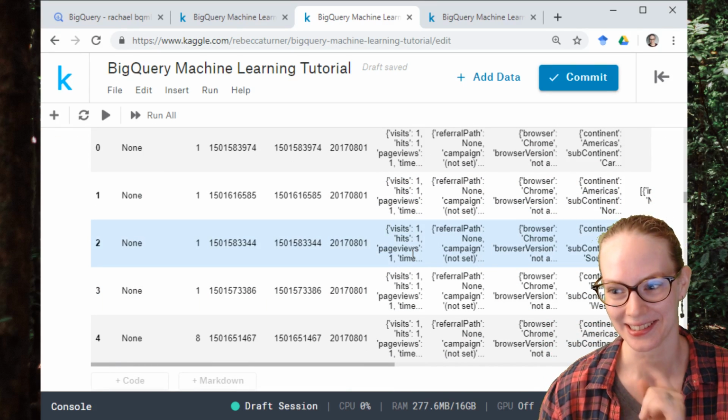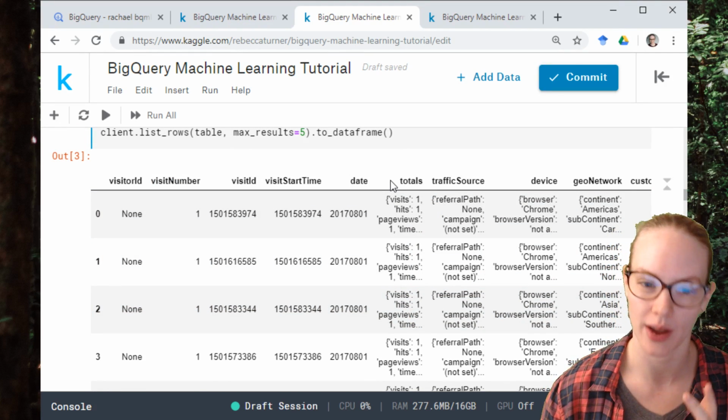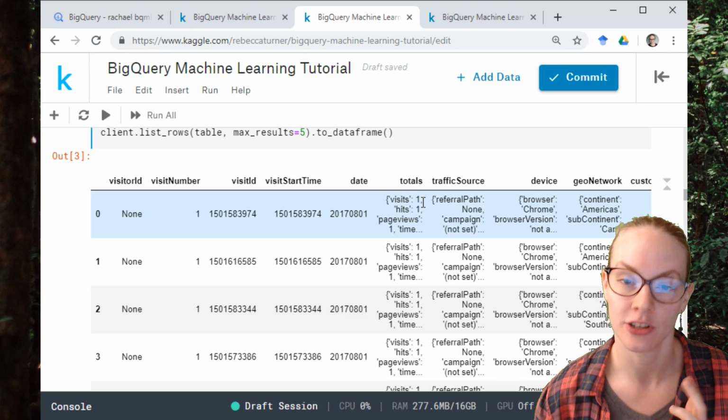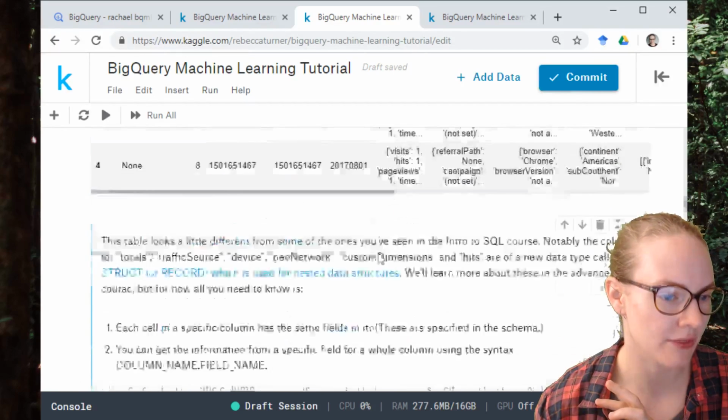So what these are, is they're what are called structs or records. So it's basically like a JSON file inside a cell. And if we look at the schema of the table,